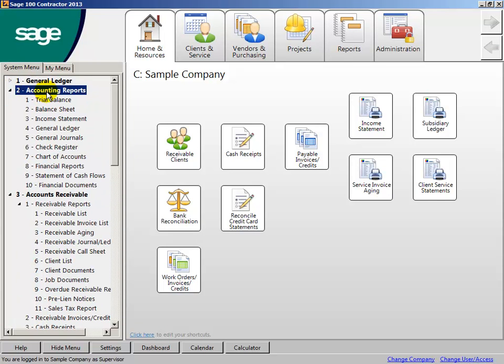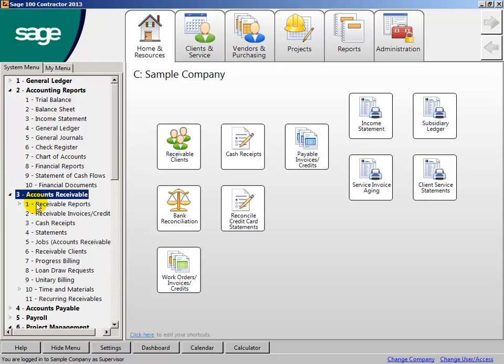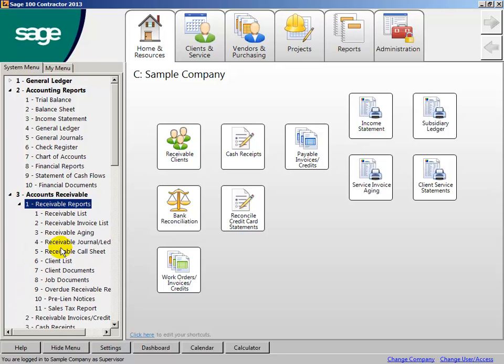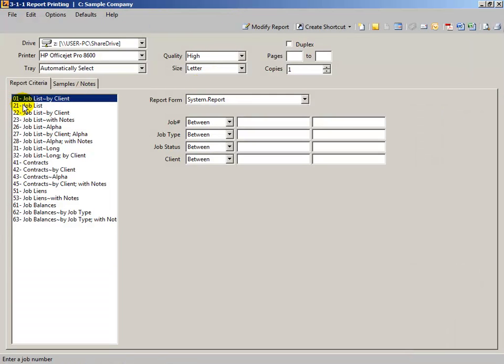So for our accounting reports, we actually have item number 2. And then as we go into the various parts of the program, item number 1 is usually our reports for that particular module. And then if we open up that menu, we'll see all of the things that have been created. And then from within those, there are variations on the reports themselves, and they are numbered. So we find what we need